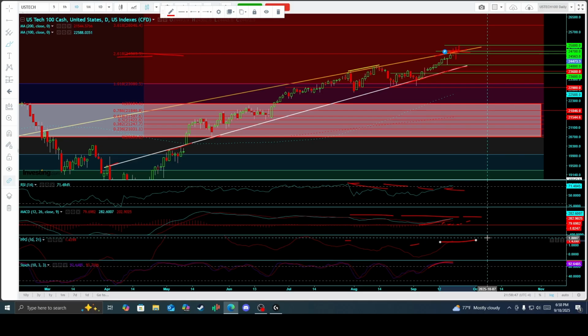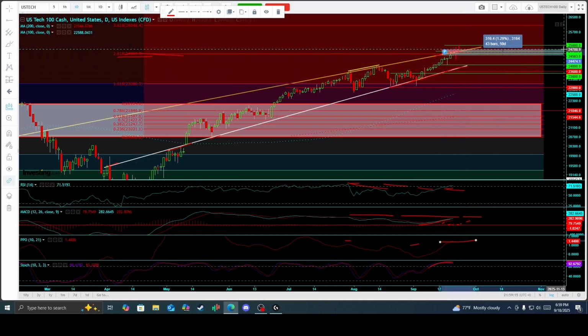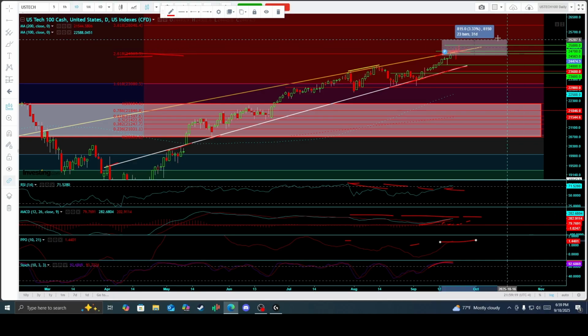But as of now, the NASDAQ is standing on the edge of the 2.6 fib extension and the concealed ascending yellow macro trend line. The next move from here will decide whether this is a continuation into a stronger bull market or the start of a reversal that traders will begin to panic. And setting some stops up above the 24,700 handle, call it a 1% stop loss, gearing in for that first target,